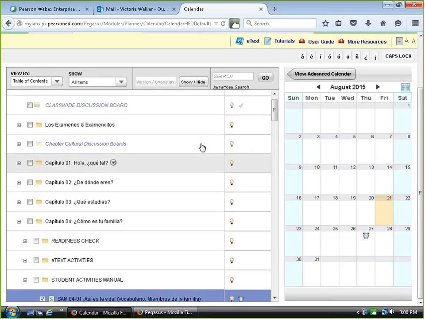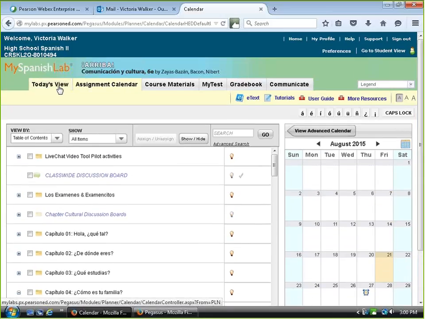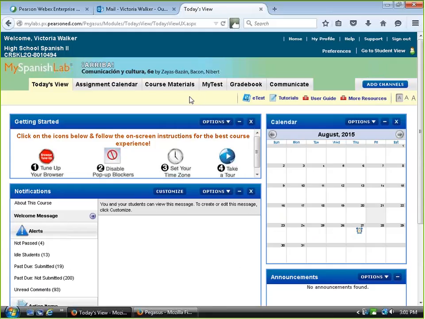Now, I went right into kind of the meat of making assignments, and let me backtrack just a teeny bit. When we look at today's view, I want you to see a few more things here. We're going to come back to the assignment process in a moment, but you may cut out right now in the workshop, I don't know, but a lot of instructors just want to know, how do I assign something really quick, and then they want to get busy with it. But coming back into